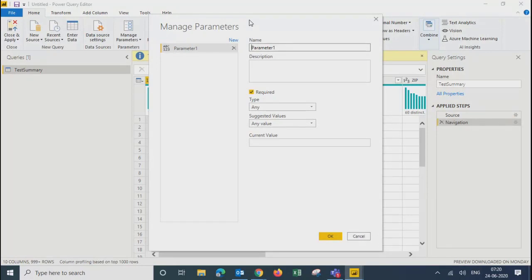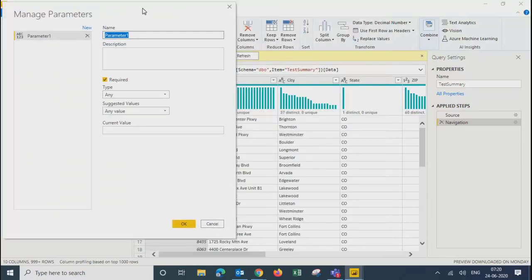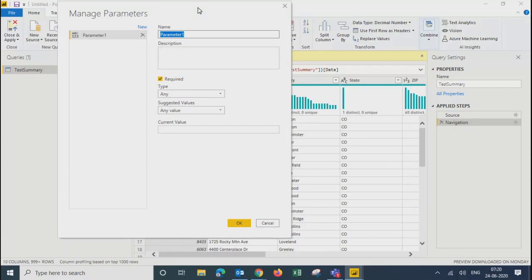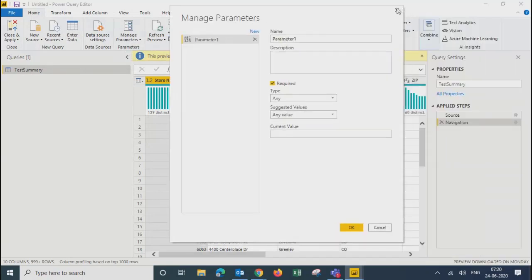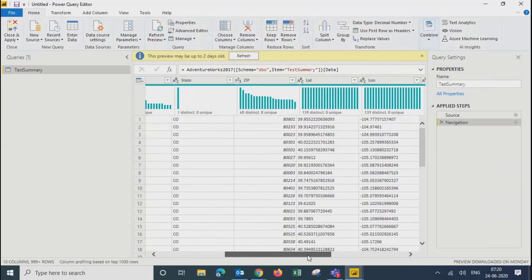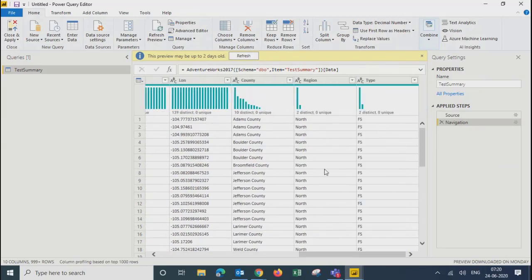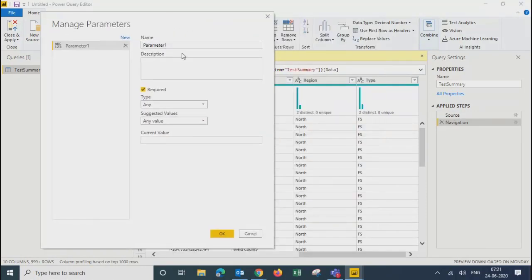As soon as we do new parameter, this is the screen we get. And over here, you can name your parameter. Your parameter needs to map with a particular field, because it is for filtering. So for example, we've got several fields. Okay, let's put it on the region field, right? So what I will do, I'll just create new parameters and name it region parameter or param.